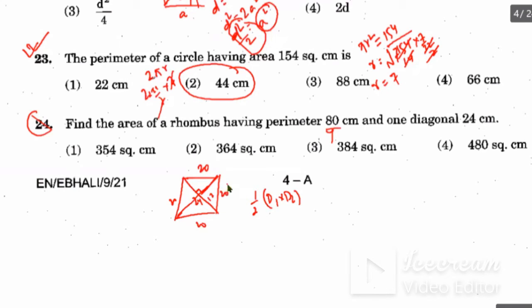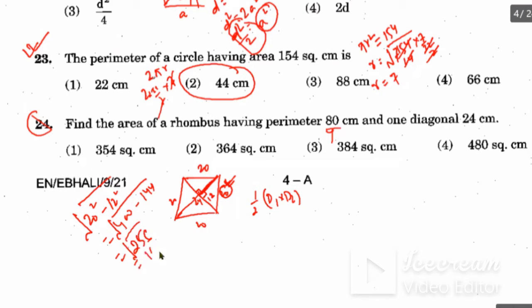This 12 you know, so you can find half of the diagonal 2. What will be half of the diagonal 2? Here it is 90 degrees, and 20 is the hypotenuse. So you can find the square root of 20 square minus 12 square. It will be the square root of 400 minus 144, and then you can subtract it. You get 256, and you can get 16. So the diagonal 2 is 16 plus 16, 32.